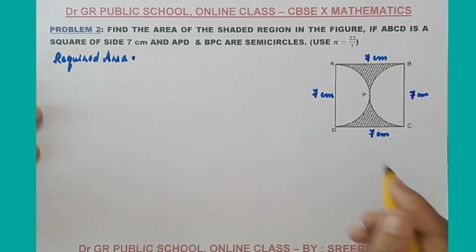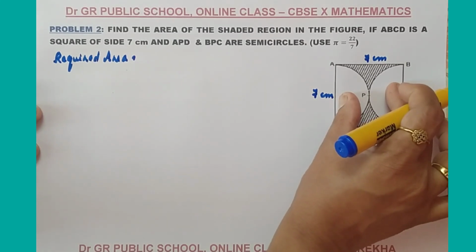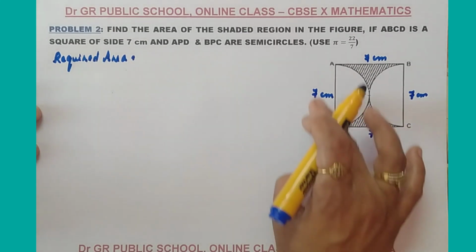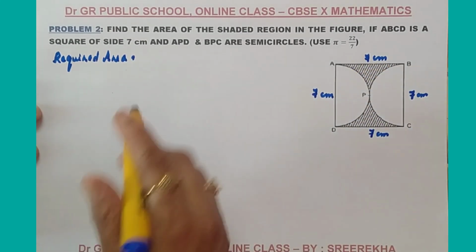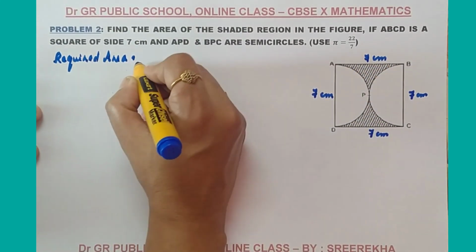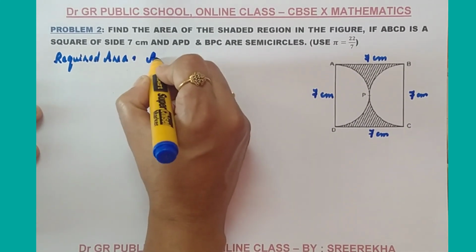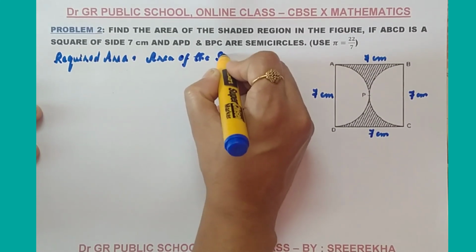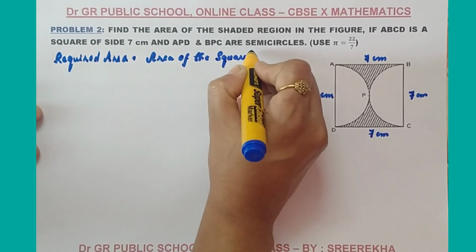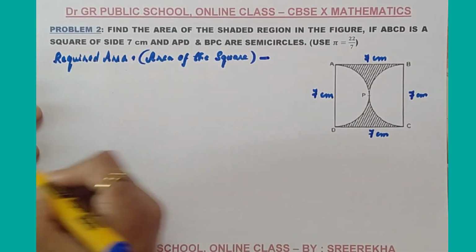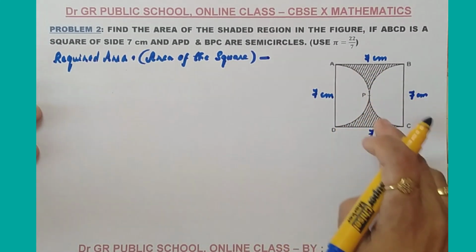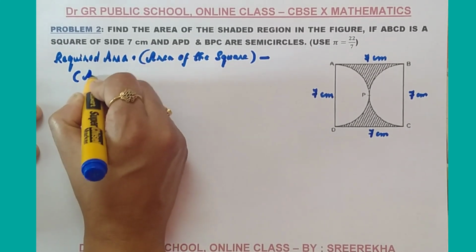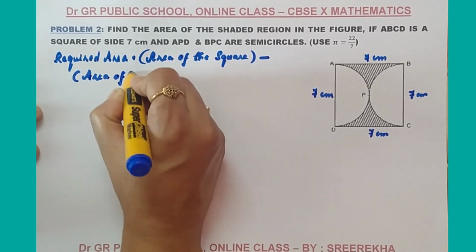What is the required area? These two semicircular areas you need to sum up and then subtract from the area of the square. Am I right? So, required area equals area of the square. From the area of the square, you need to subtract the area of the two semicircles. That is, area of the semicircle